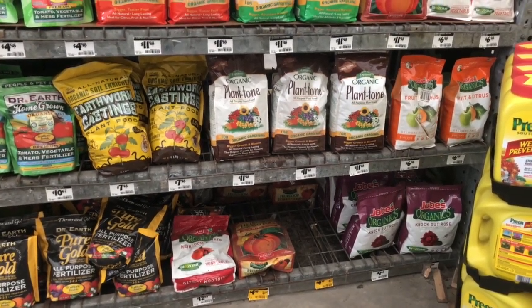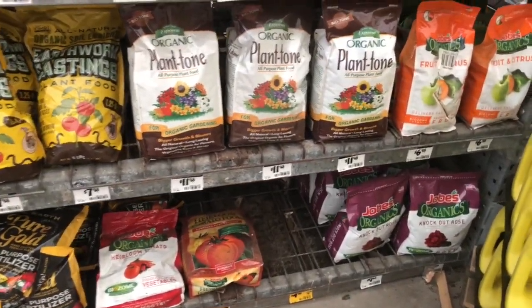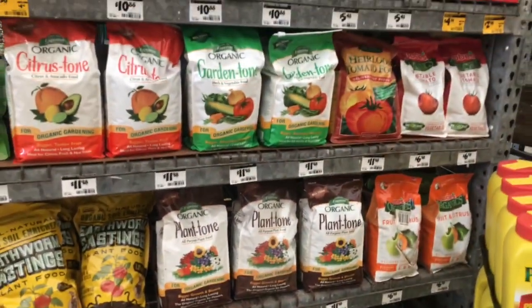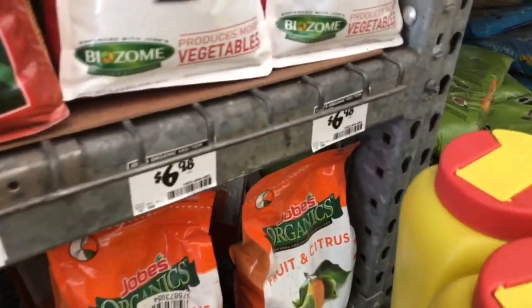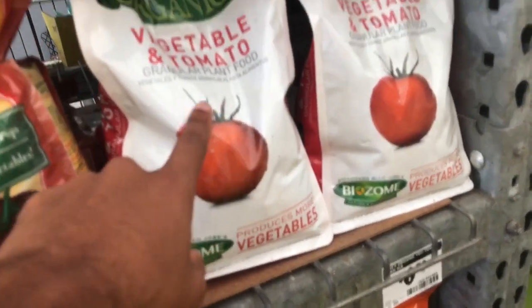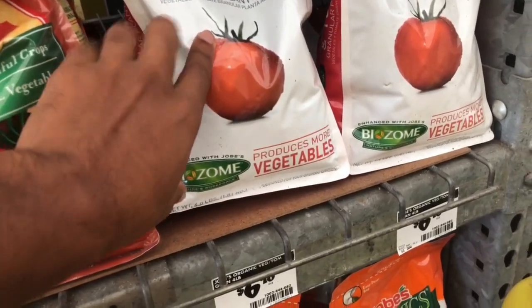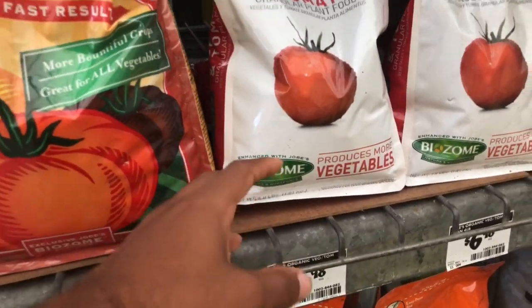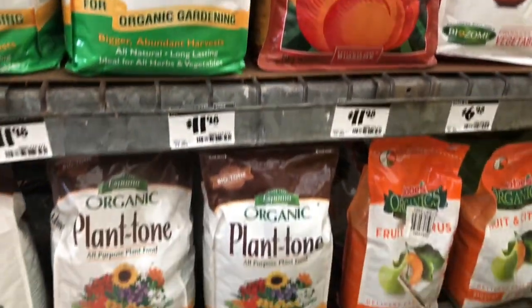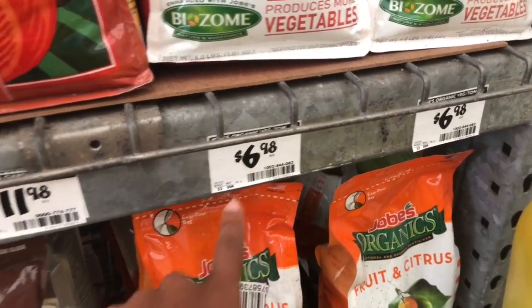What's up, YouTube? So I'm in Home Depot again today for part 3 of purchasing fertilizer during the fall. It looks like we have some even deeper discounts at this point in time. So going back on the 4-pound bag, this is it. The 4-pound bag goes for $7. What I was purchasing was 8-pound bags in my previous videos, which was going for $7.20. The 4-pound bag is going for $6.98, and this bag right here